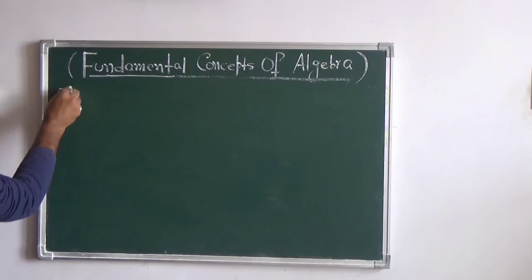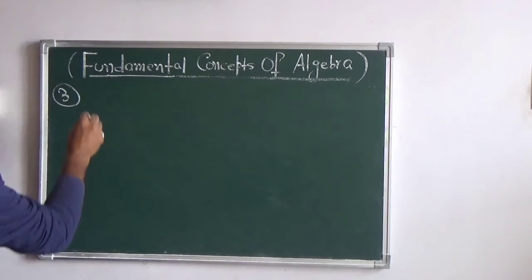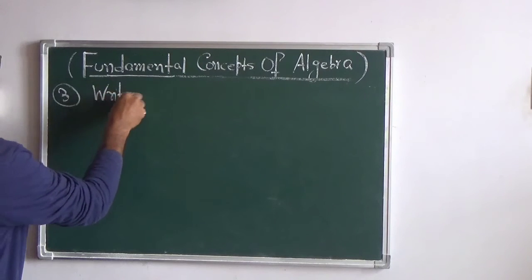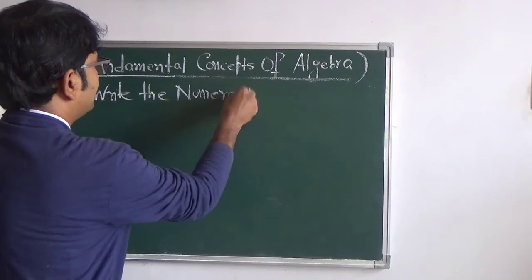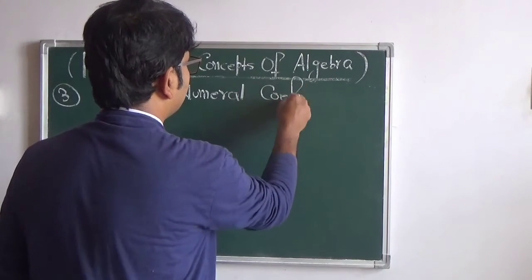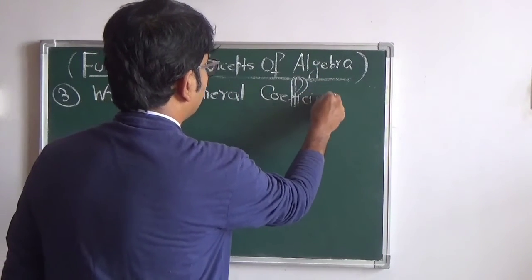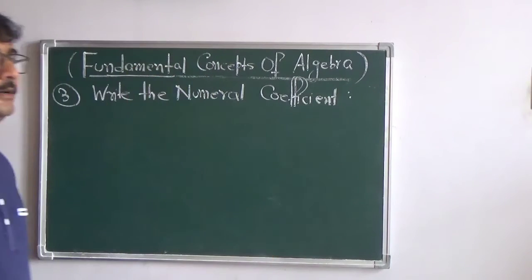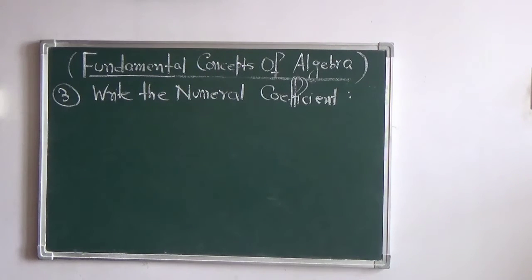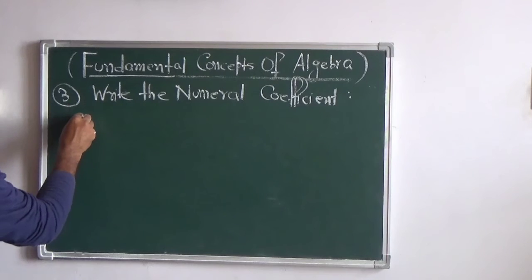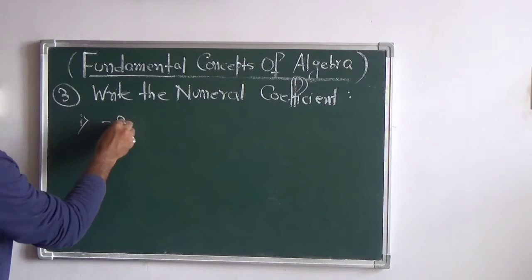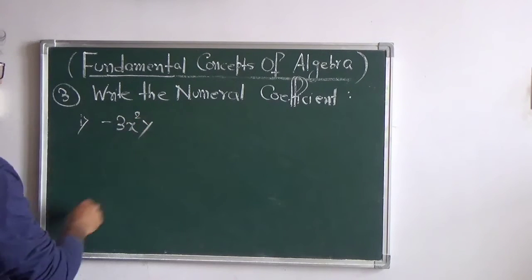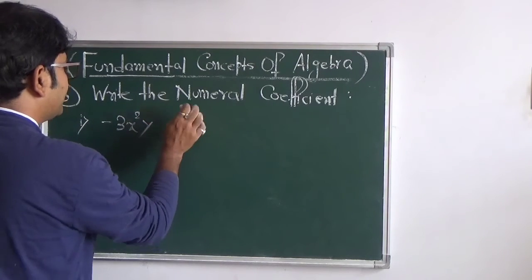We have to write the numeral coefficient. The number, the constant, that is the numeral coefficient. So number 1 is minus 3x square y, and the numeral coefficient is,